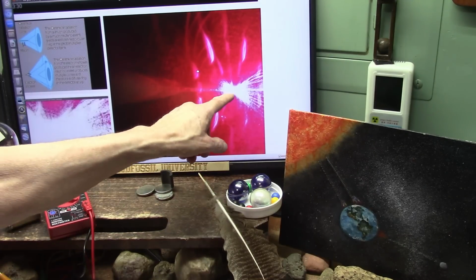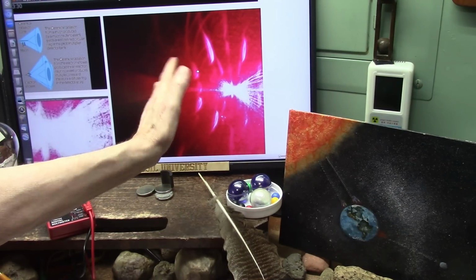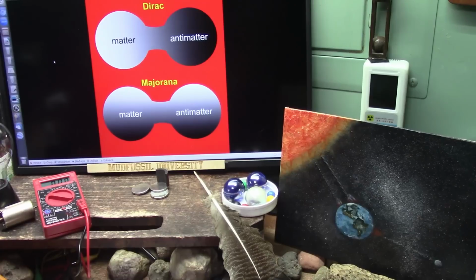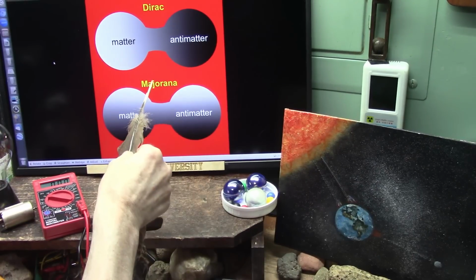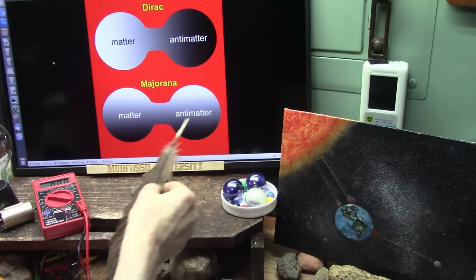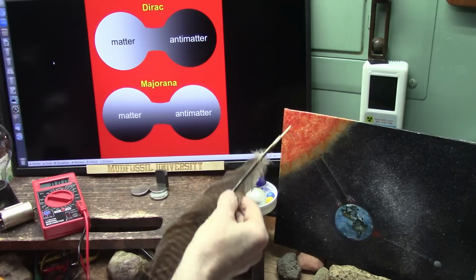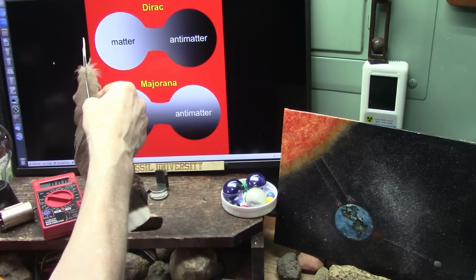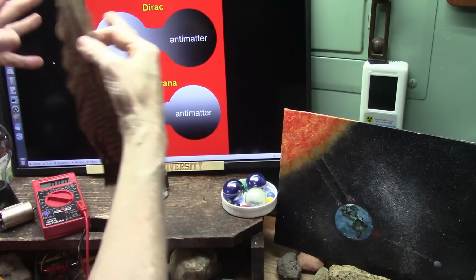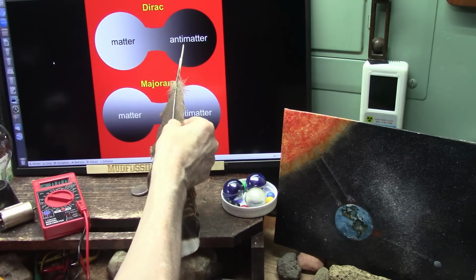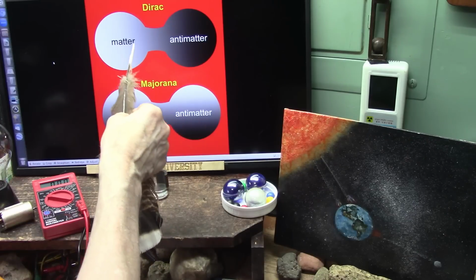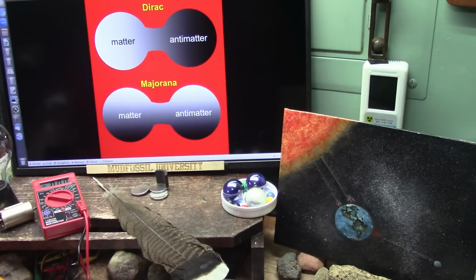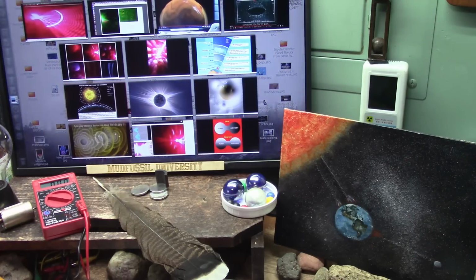The white particles, there's no mass to it, none, 0. A lot of energy, no mass. Just so you know, this is the Majorana and Dirac neutrinos. They're saying matter, antimatter, no. This is the white particle, which has no matter. It's no mass to it. It glows like hell and it burns. This is the matter. So they got that backwards. But they are connected just like that, just like I showed you. And that is what I call a dipole electron. That's what a dipole electron is.